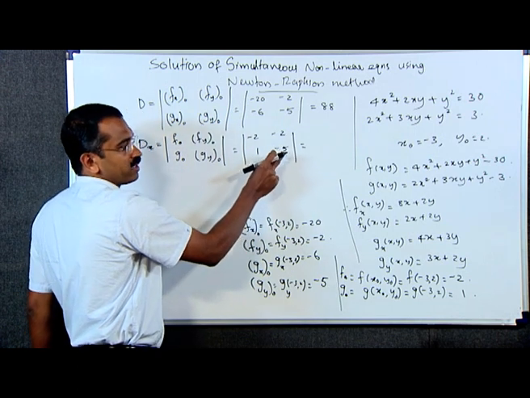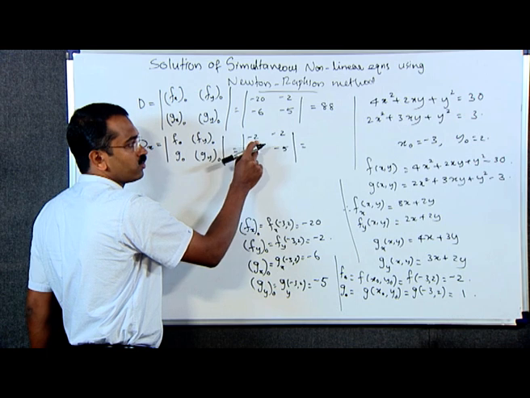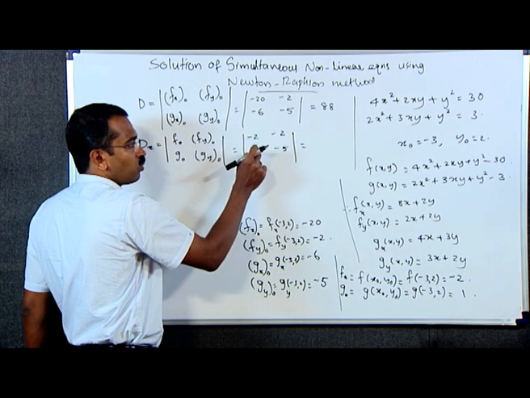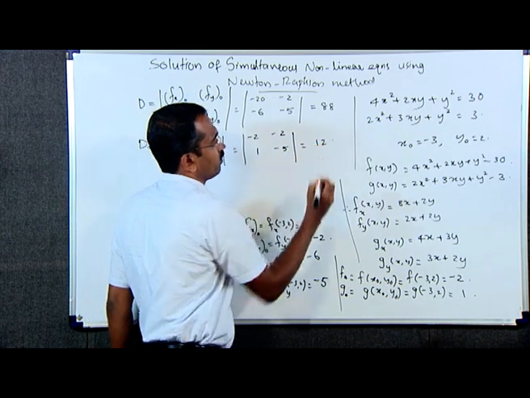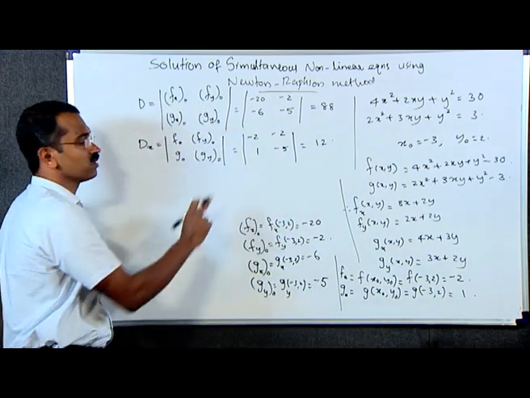Value of this determinant is minus 5 into minus 2 minus 1 into minus 2, which is equal to 12. That is, value of dx is 12